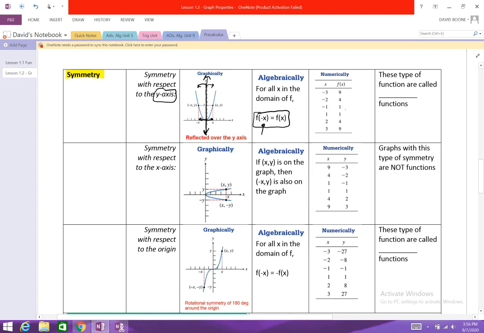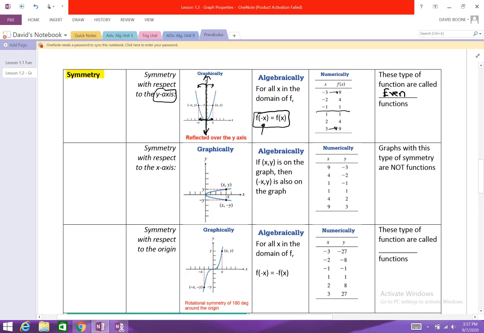Numerically, what we look at, again, kind of fits this idea here. I'm going to put a negative number in and I got that positive answer. Same thing here. When I put the positive number in, I get that same answer. So you can kind of see that symmetry. The left side gives the same number as the numbers I put on the right side. All right. So if we do have symmetry with respect to the y-axis,